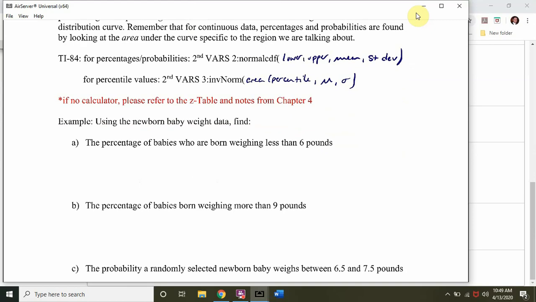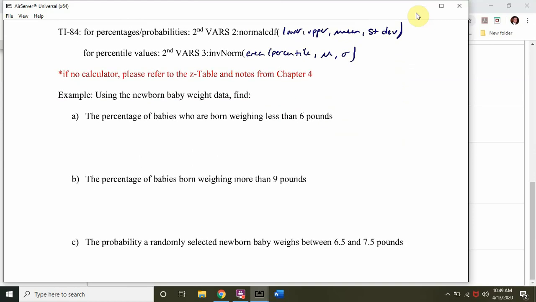Okay, using the newborn baby weight data. So again, mu was 7 pounds, here sigma was 1. Okay, find the percentage of babies who are born weighing less than 6 pounds. So again, I tend to like to draw the normal curve. It's centered at 7. What percentage of babies would be born weighing less than 6 pounds? So there's 6, and I'm going to shade to the left. Okay, so in terms of our normal CDF,